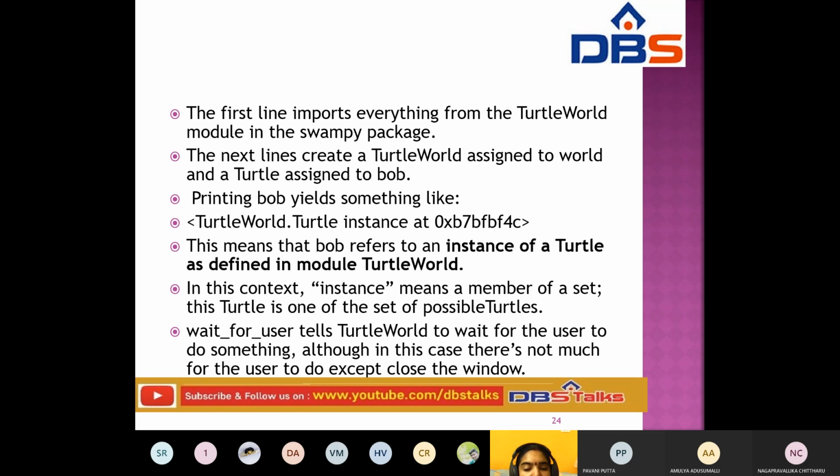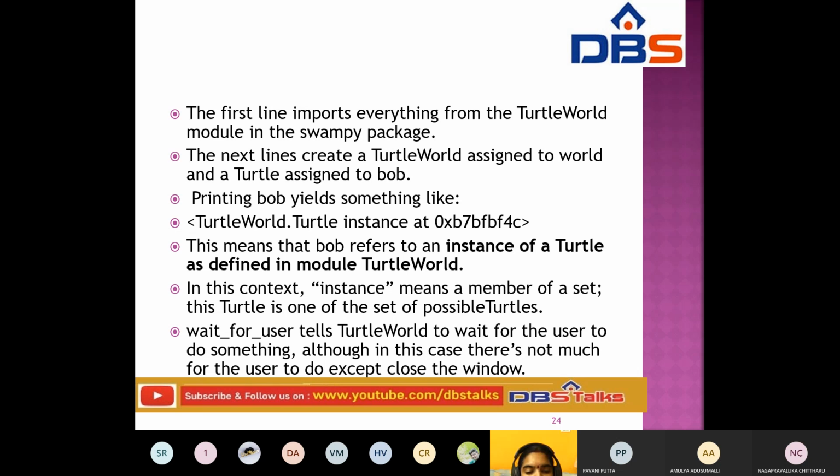What is an instance? A member of a set is called an instance. This turtle is one of the set of possible turtles.